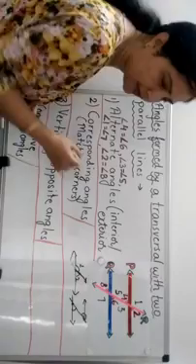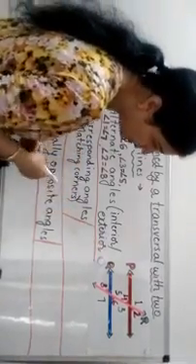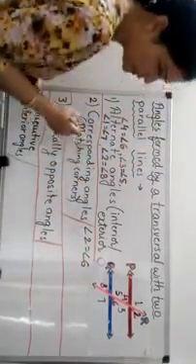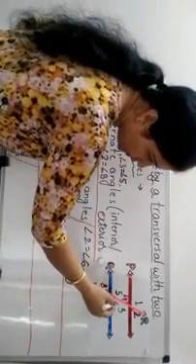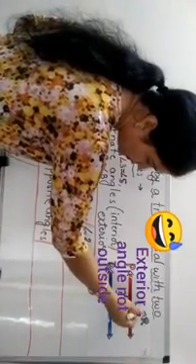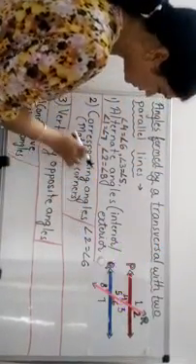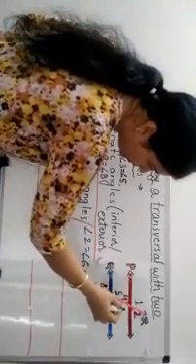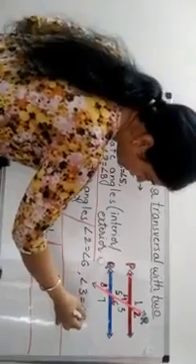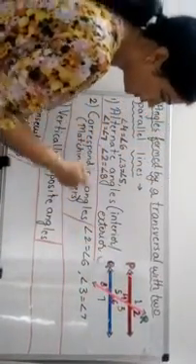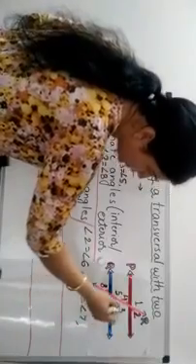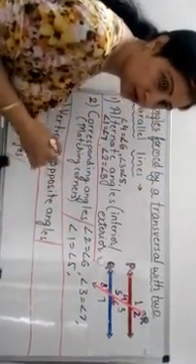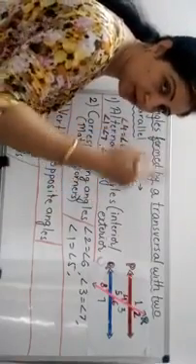Now we will see corresponding angles. The positions of the angles are on matching corners. Here angle 2 and angle 6 are also equal and they are called corresponding angles. As you can see, one is an interior angle, one is an outside angle. So that is the property of these angles. In corresponding angles, one is interior and one is exterior. Now another pair, angle 3 and angle 7. As you can see, there are 4 pairs of corresponding angles, and all 4 pairs will be equal. These properties we use when we have to solve any question, which I'm going to solve in my next video.